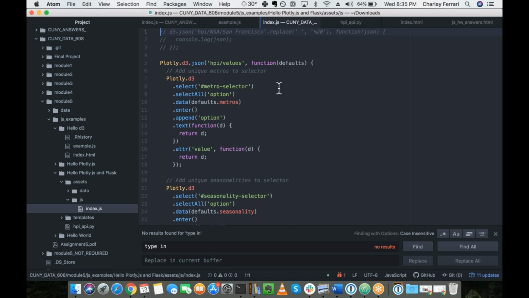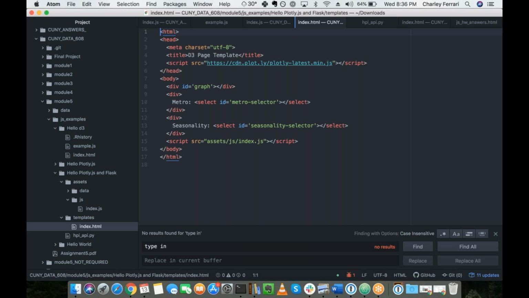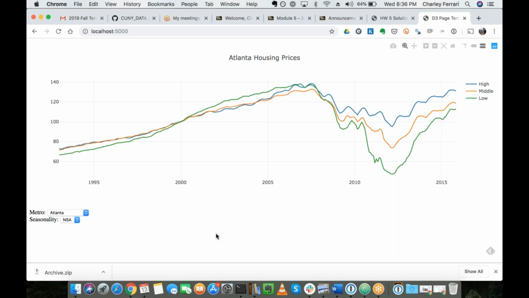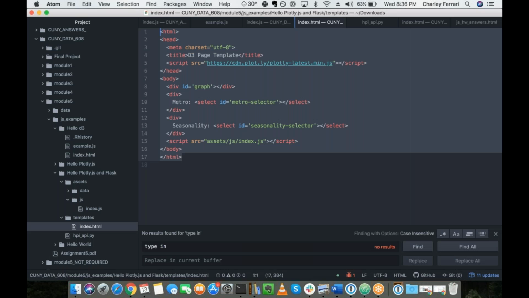It's essential. So we'll really just look at that as what that's doing here. And so here, this is the index that's showing up. You'll notice it's very bare